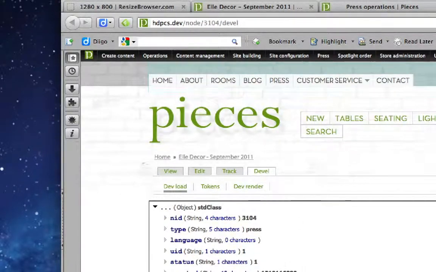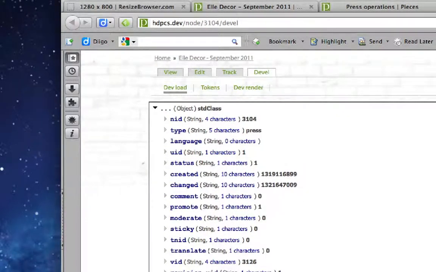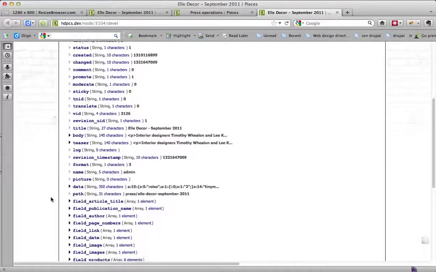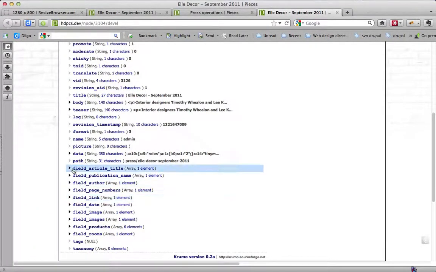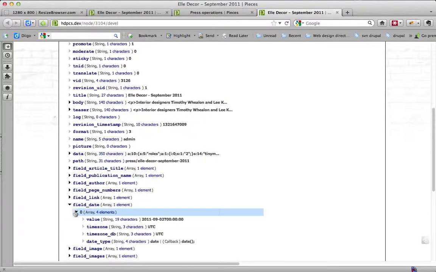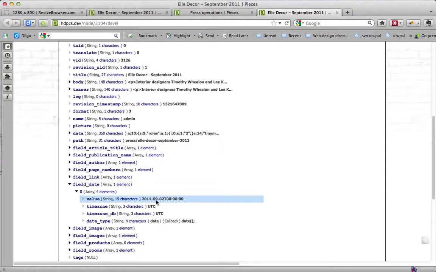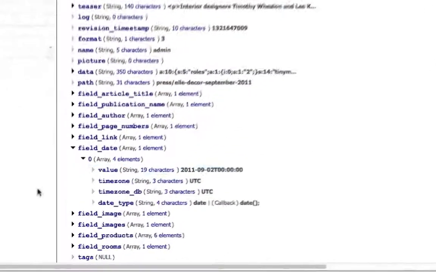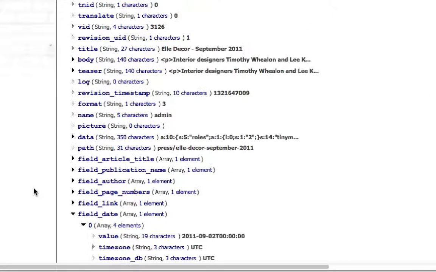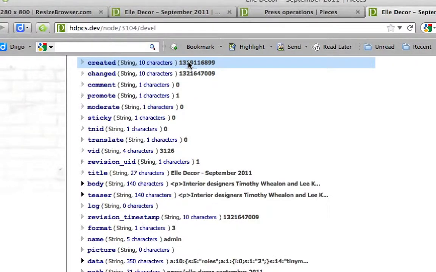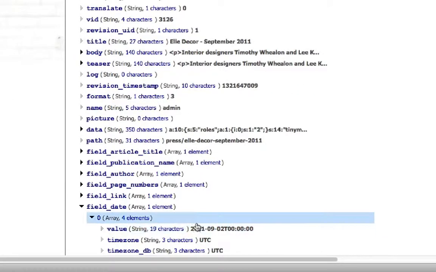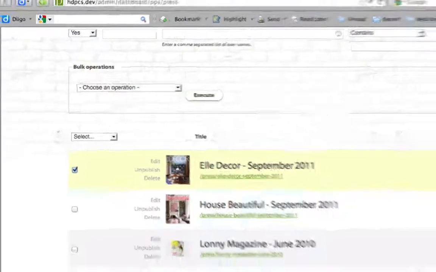If you look, here's the date field here, and it stores the value in an array, like this, and then of course the created date is just a string right here. So the question is how to get this. I want to copy this over to this field because they're different. If you look, the